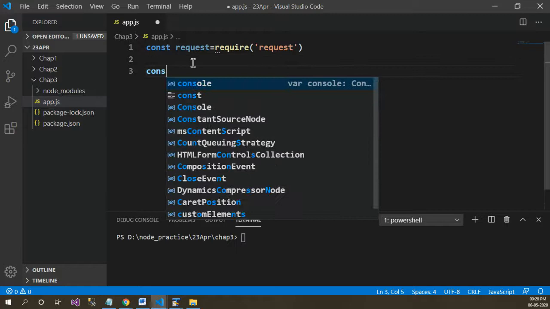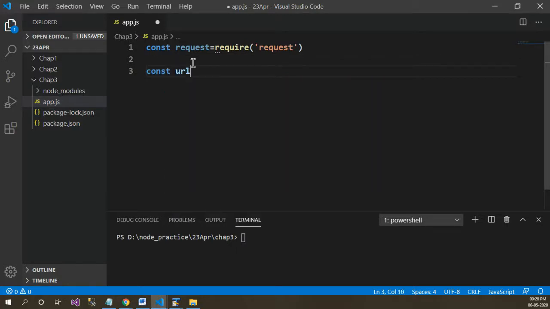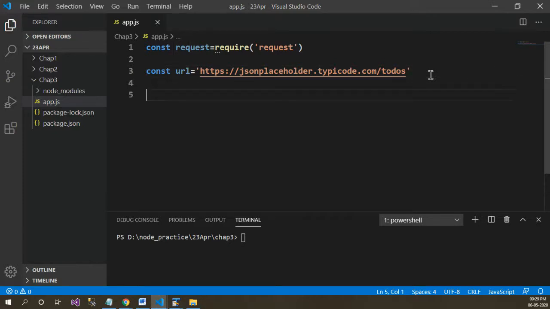Now let's create a variable url which will hold the URL of the to-do list API that we have seen in our previous session. So this is my API which is going to give me some JSON data, and I want to call this API from Node.